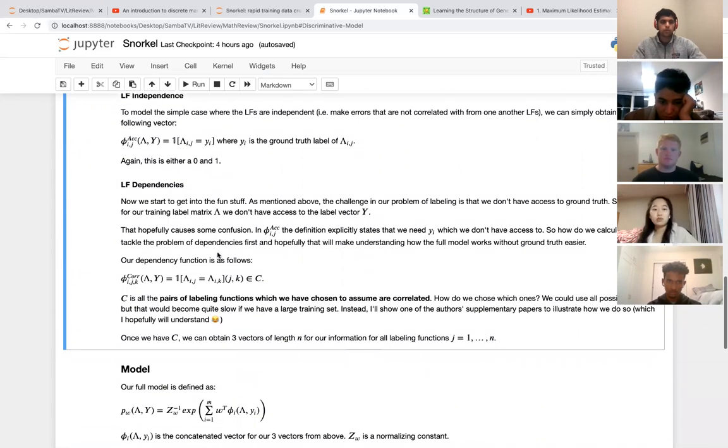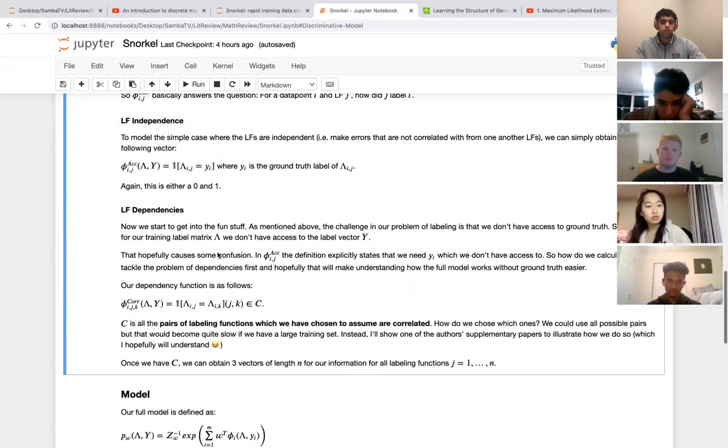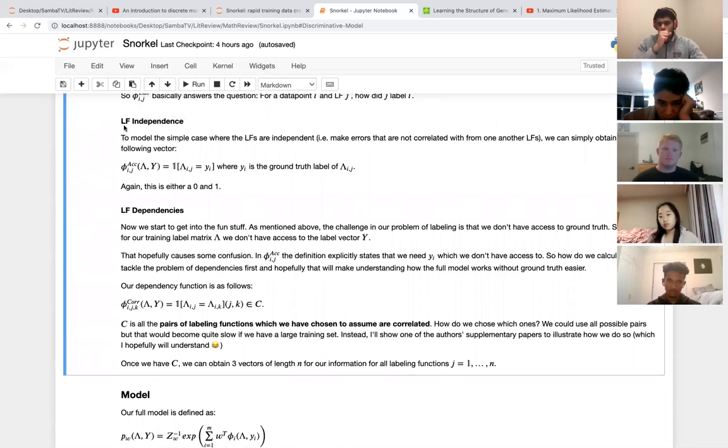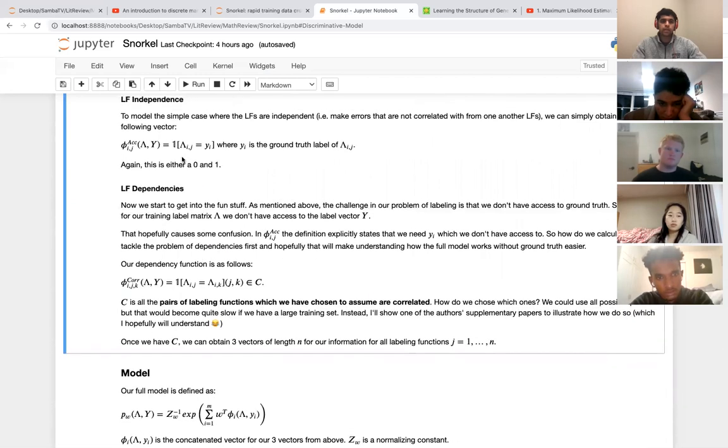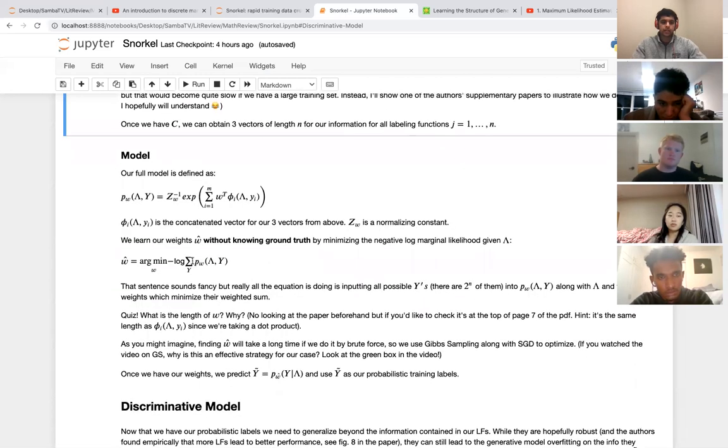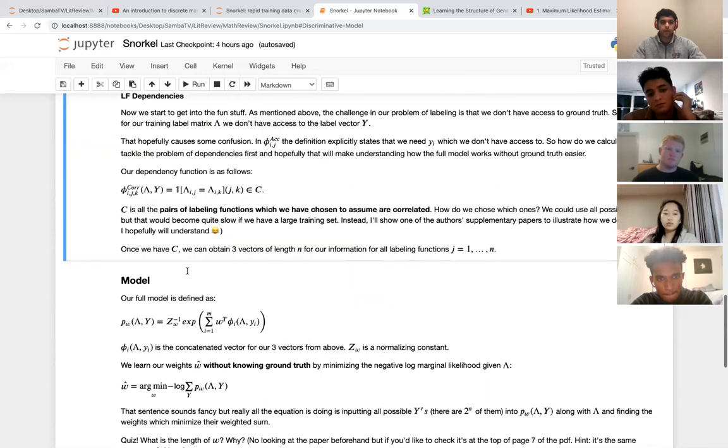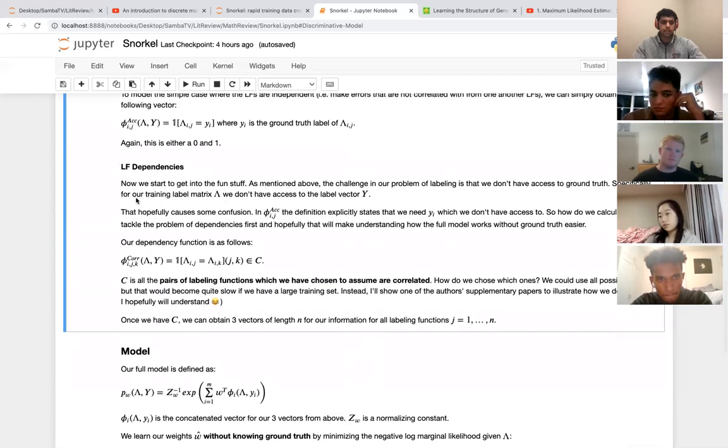Awesome. So now let's get into the fun stuff, which is dependencies. As we saw here, we don't have ground truth, and that's the biggest challenge to our problem. As we'll soon see for independence, we can simulate ground truth by looking at all possible combinations of the ground truth labels. But